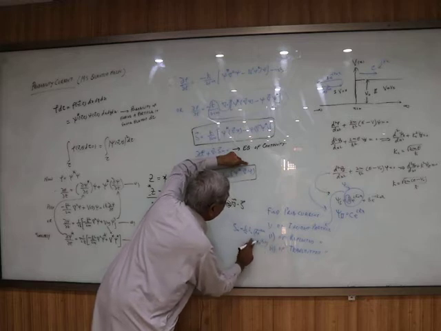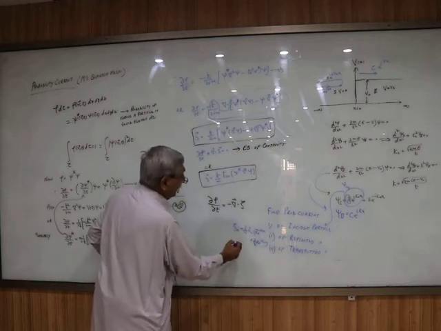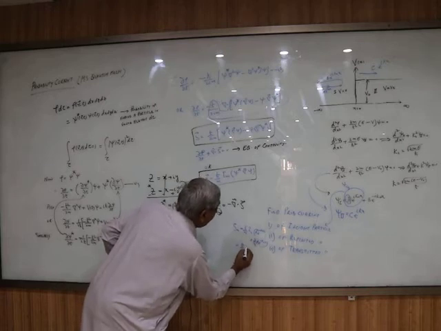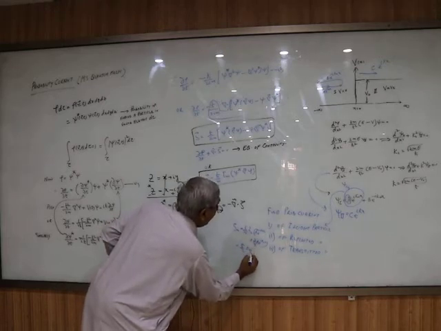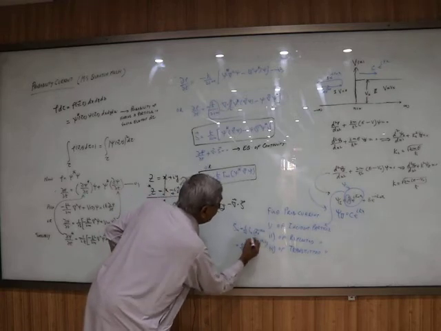Now del means delta over delta x. Calculate that. It is h bar over m, imaginary part of, since the amplitude is real, A squared,